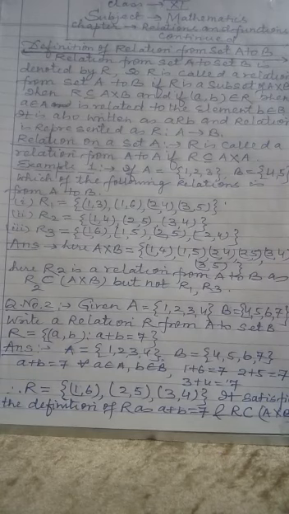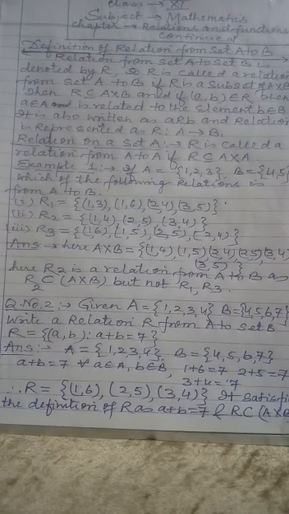Then R is called a subset of A cross B, or sometimes it can even be equal to A cross B, if for every (a, b) belonging to R, the element a belonging to A is related to the element b belonging to B. So according to the definition of R, you will find the ordered pairs (a, b) which are always present in A cross B. It is also written as aRb, and the relation is represented by R such that a to b.